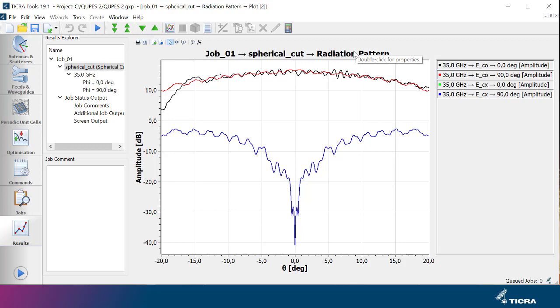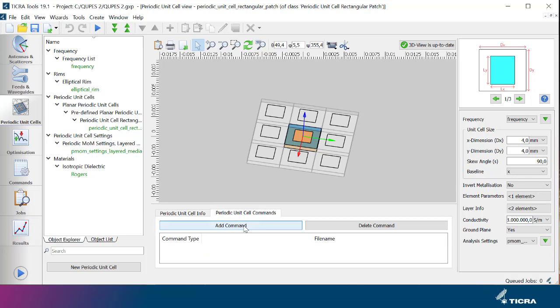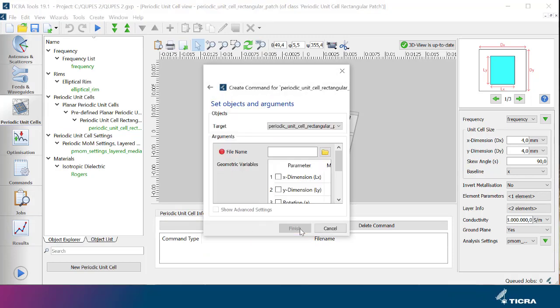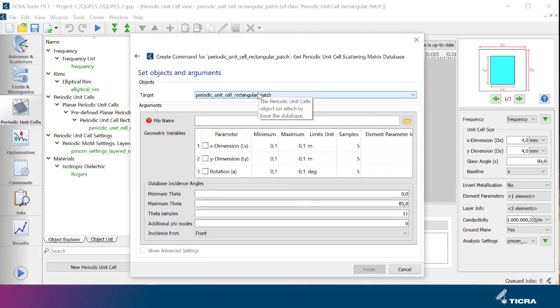First, we need to calculate a scattering matrix database to speed up our analysis. To this end, we go to the PUC tab and select our periodic unit cell. We click on Periodic Unit Cell Commands and select the Get Periodic Unit Cell Scattering Matrix Database command. The target periodic unit cell is the rectangular patch object. We specify a file name for the database, and then we specify the parameter that we would like to vary,